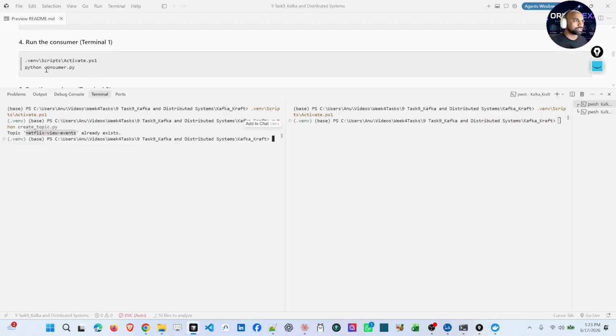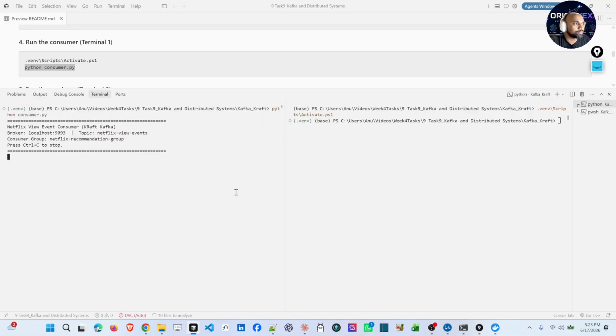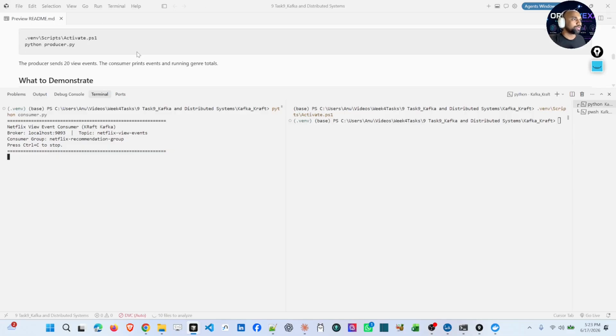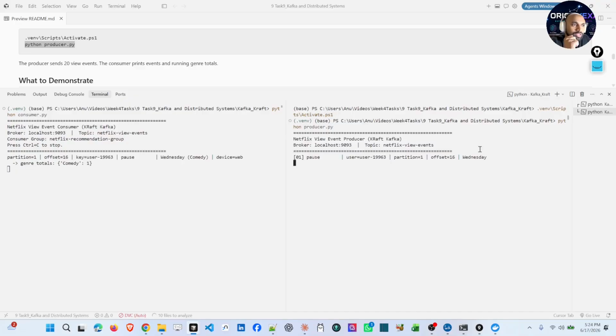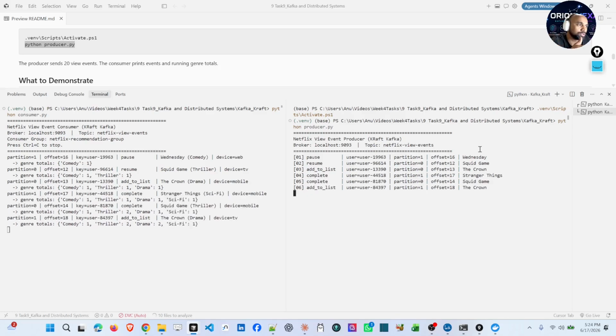Now we are going to enable the consumer on one side. We are enabling the consumer here. Yeah, the consumer is ready. Now we are going to produce some input, or we are enabling the producer. This producer will create a few events, and it's already subscribed by the consumer, and it will go to that consumer. Let's press enter. It will be creating around 20 Netflix events on the producer side, and they will be consumed by the consumer end.